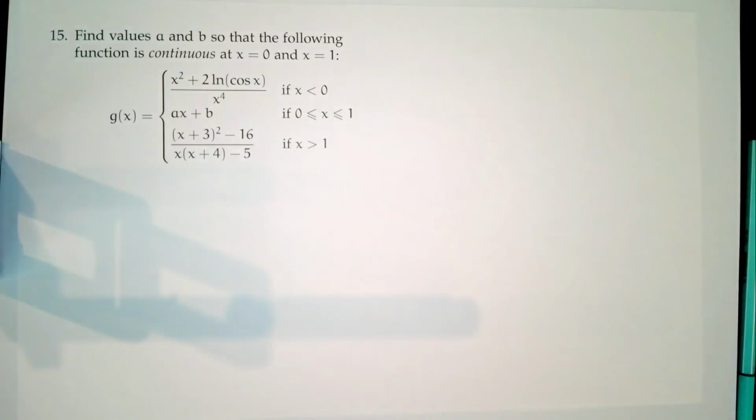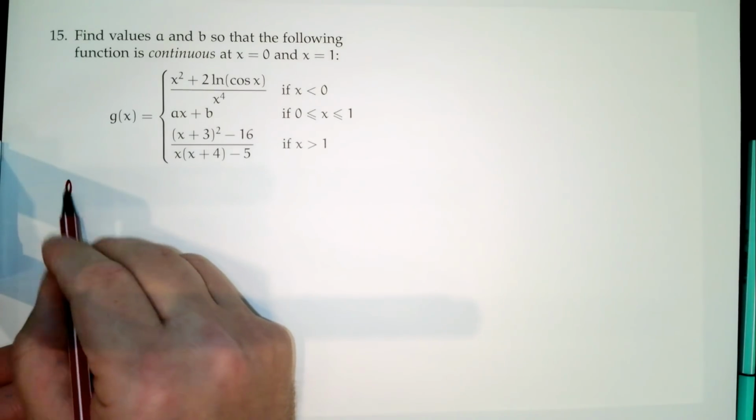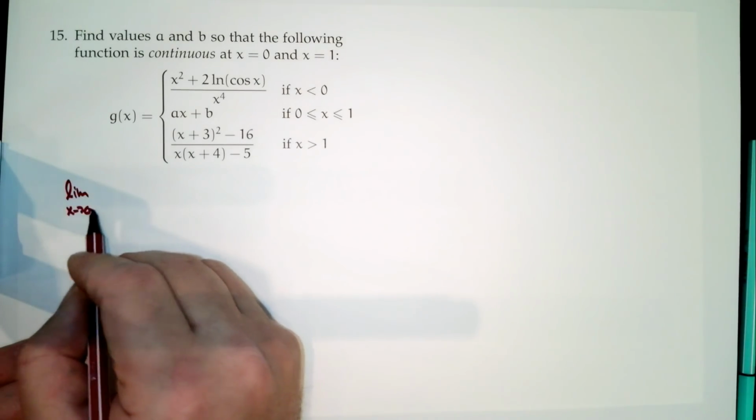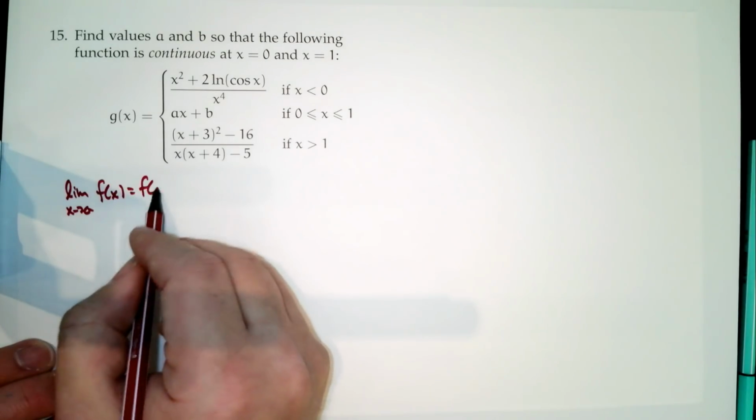Okay. Well, we've gained something since the first exam. What's our tool that we have now? L'Hôpital. Now you might say, why are you saying L'Hôpital? I don't see any limit involved. Well, this goes back to our definition of continuity. So if I want to be continuous, what needs to happen is I really need to have the limit exist. So remember the definition of continuity. Continuity says that the limit as x approaches a of f of x is equal to f of a. That's the definition of